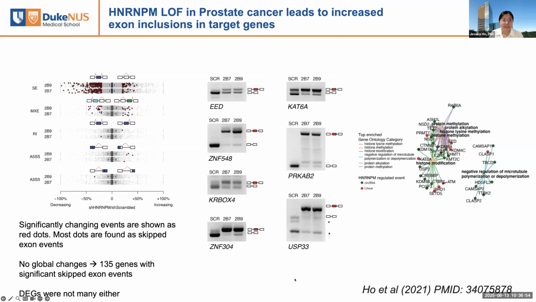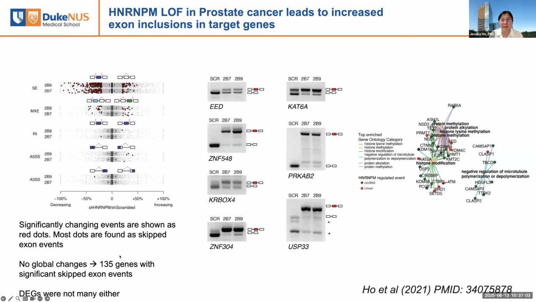So we decided to look at this gene, and to cut a very long story short, even though HNRNPM is a very ubiquitously expressed gene, so it's expressed in all tissues in our body, the knockdown of HNRNPM surprisingly did not result in global changes in splicing. So when we did the alternative splicing analysis for HNRNPM knockdown cells, it turns out there were maybe about 200 genes differentially spliced when you knock down HNRNPM. And of these 200 genes, only